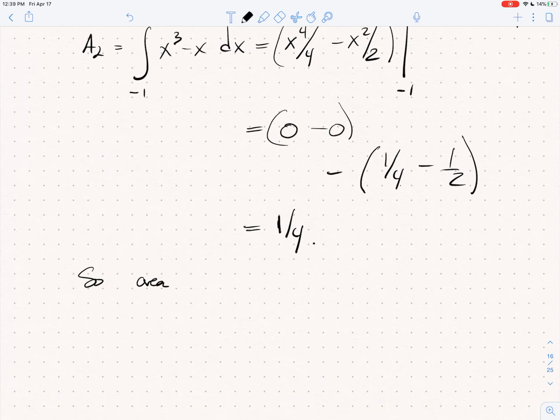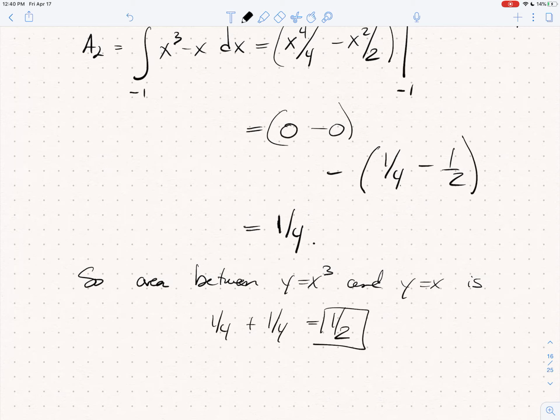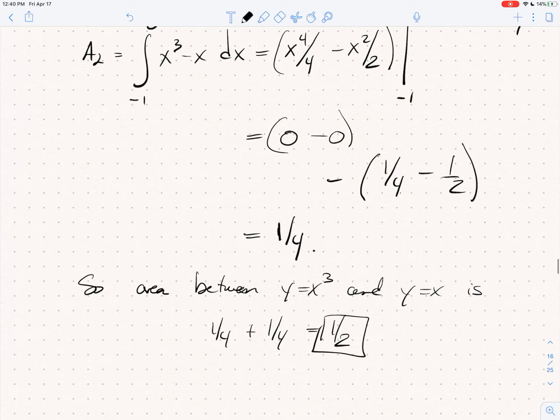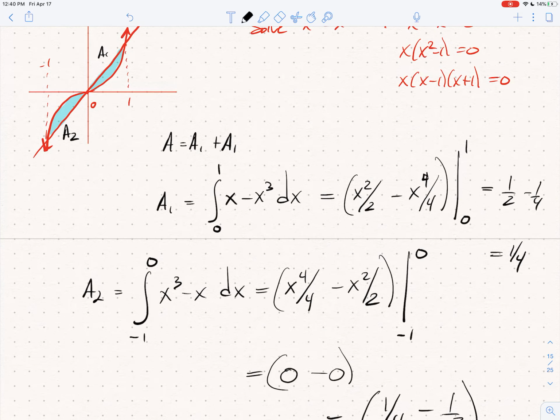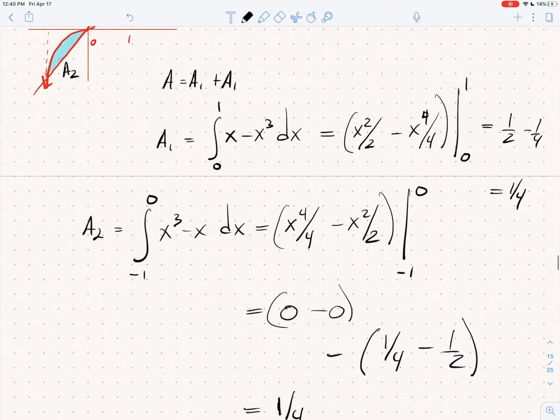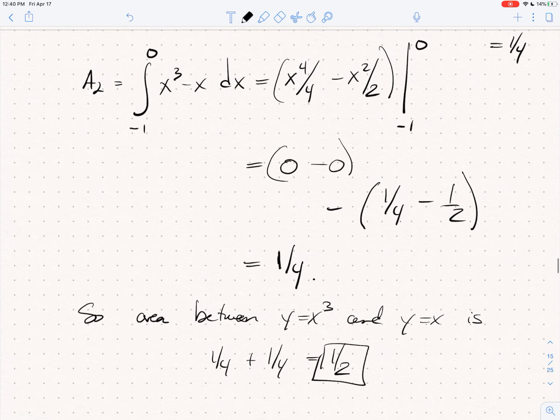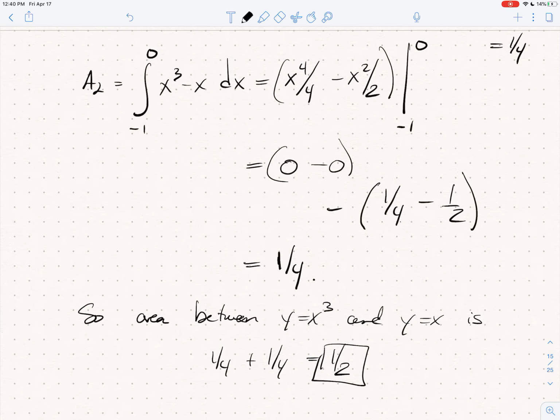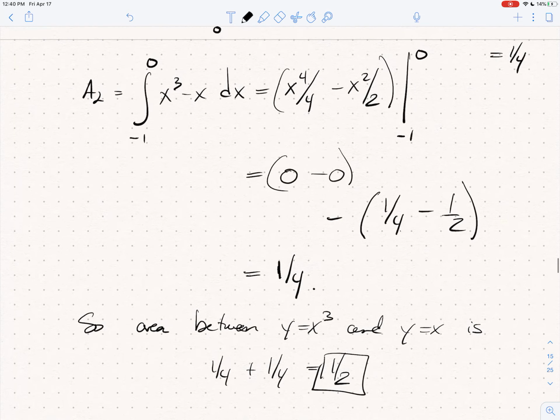And so the total area between y equals x cubed and y equals x is 1/4 plus 1/4, which is 1/2. So that's the area that we wanted. So anyway, when you're doing area problems, you have to be careful how you set up the integrals. You want to make sure that the top curve is indeed on top. All right. So I'm going to stop here, and you have what you need to do the problems from 5.3